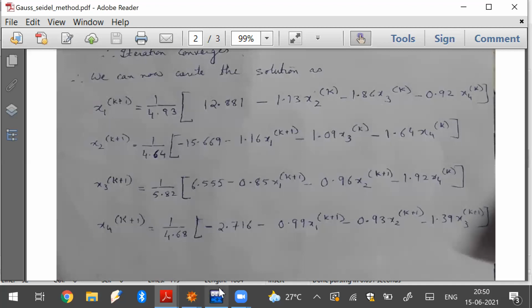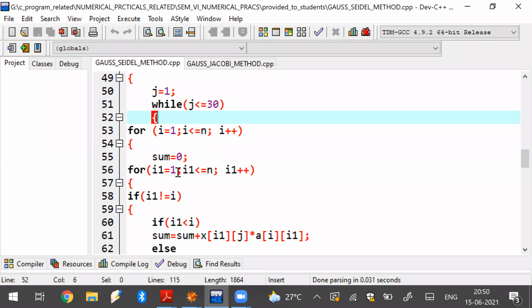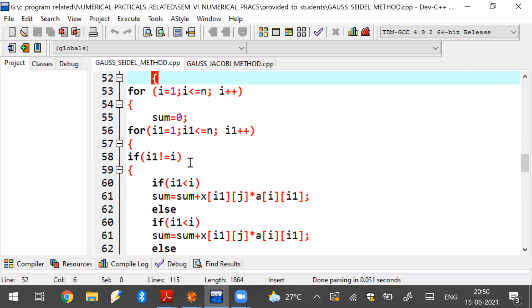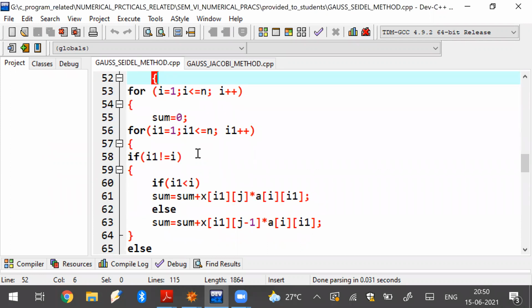That part is done by this i1 variable. So i1 will run from 1 up to n, but i1 not equal to i.